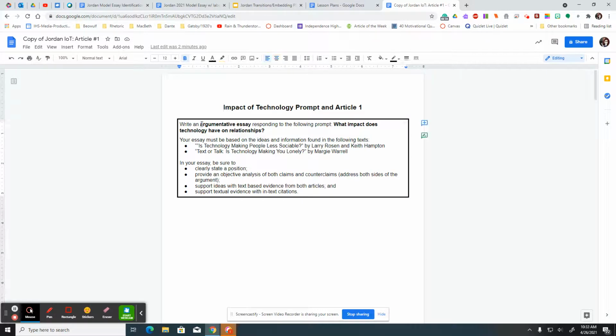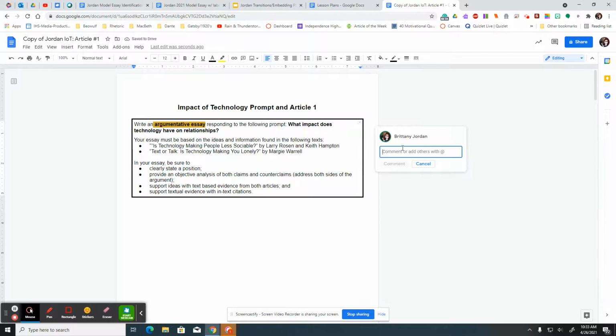So I'm going to highlight this right here where it says argumentative essay, and I want to highlight that in yellow, and I'm going to make a comment. So I'm going to write down an argumentative essay will have claims and a counterclaim and a rebuttal. So I'm just reminding myself of the pieces that I have in an argumentative essay. This is different than like expository, where you are just kind of explaining. In an argumentative, you're going to have your claim and you want to look at the other side. And then you're going to kind of fight back your original claim, okay, with that rebuttal.